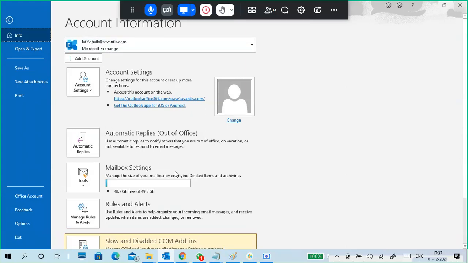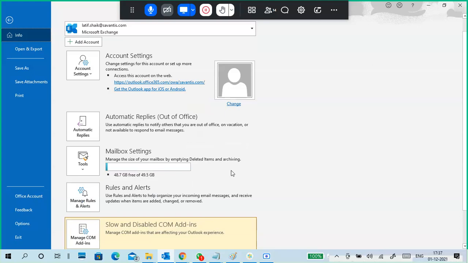I have 50 GB of space in the server, and I don't use POP here. This is the Microsoft Office 365 mail account.